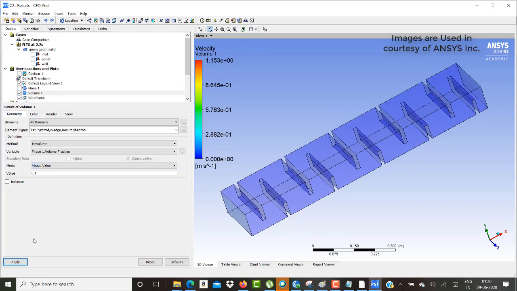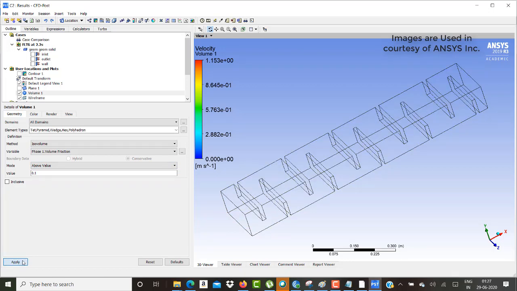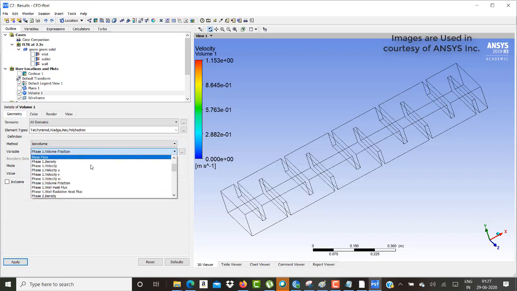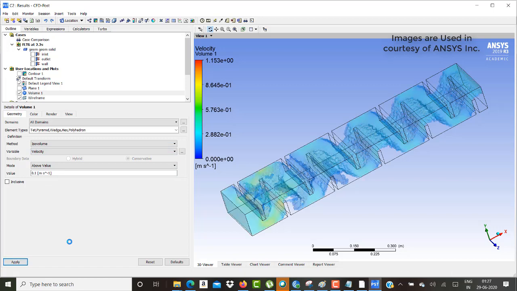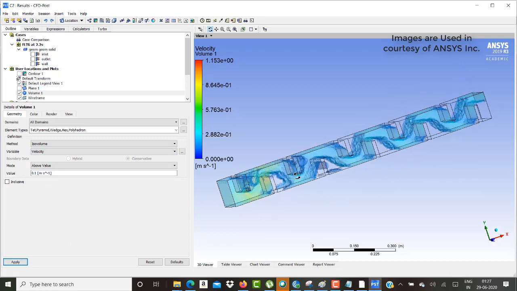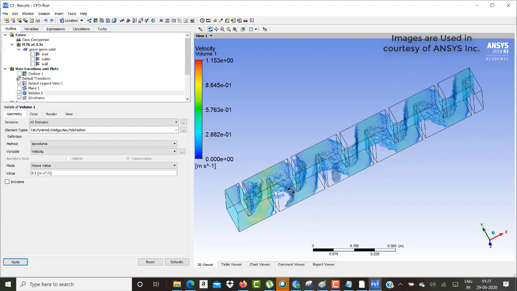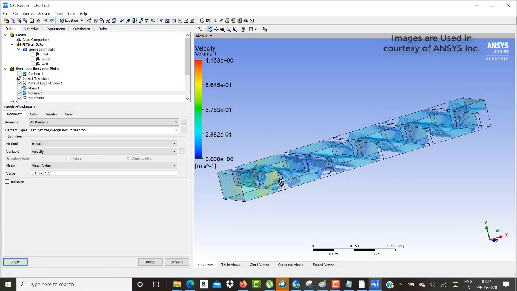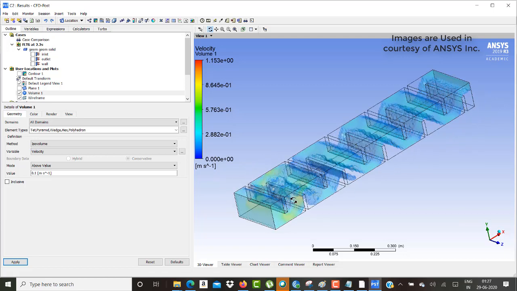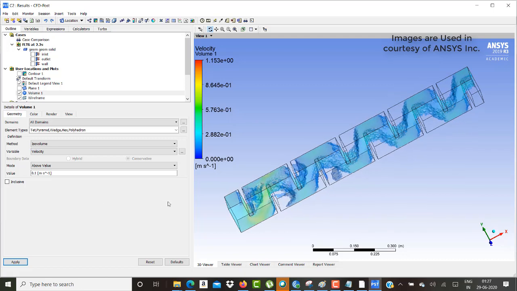This should be mostly above the value because velocity will be at a higher rate. Yeah, so this is the velocity. You can clearly see how it has been varying as it flows. And this red portion is where water vapor is turning into water. It's visible to you, right?